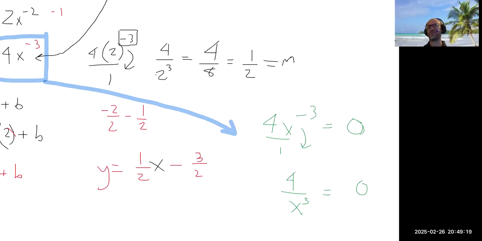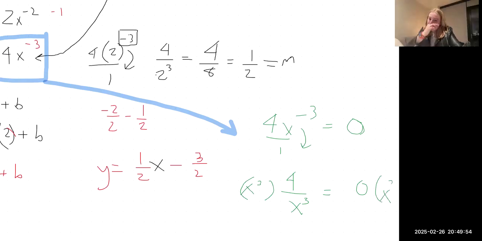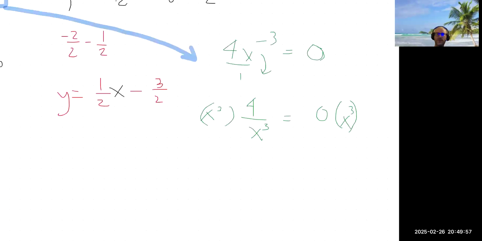The only thing that would make this true is if x were infinity. And infinity is not a value that we could actually substitute in there, because remember how we said that a constant divided by infinity is equal to 0? But nothing else will ever equal 0. It might be close. Like you could pick an x value that's big and it would get kind of close to it. But you'll see that when we multiply both sides of the equation by x cubed to clear that fraction,